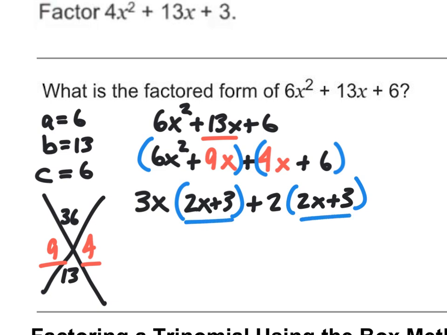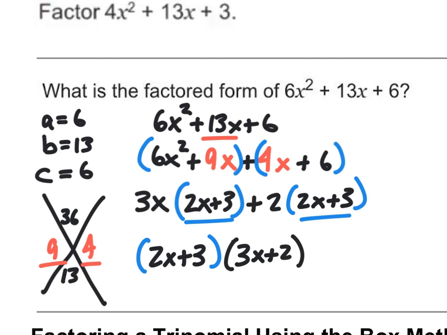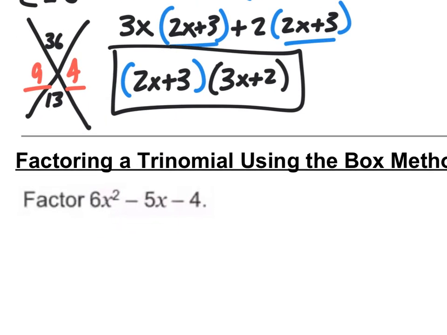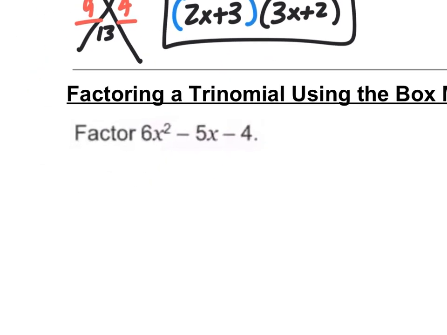Okay, so I have those that I can factor out, and if I factor out a 2x plus 3, then I'm left with a 3x plus 2, and that's it, and that's my answer. That's in factored form, okay? So, it's a pretty easy method to do. I think it's pretty easy. It's kind of whatever you guys think you should do, but let's try the similar ones, and let's use the